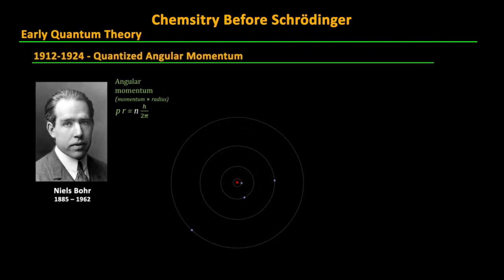In 1913, a year before Moseley's predictions, Niels Bohr had modeled the atom based on the assumption that the electron's angular momentum was quantized as an integral multiple of Planck's constant over 2 pi. This integer multiplier came to be called the principal quantum number n, and was the first step in explaining the structure of the periodic table.